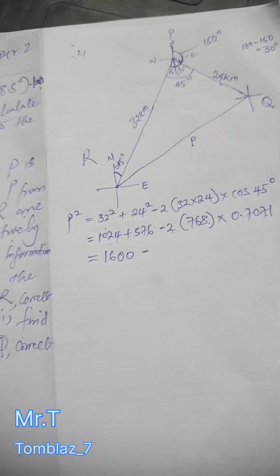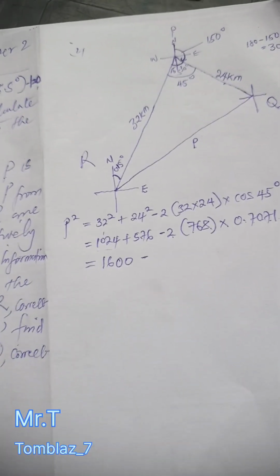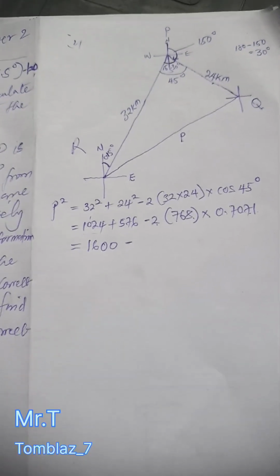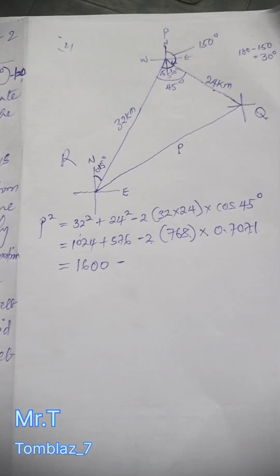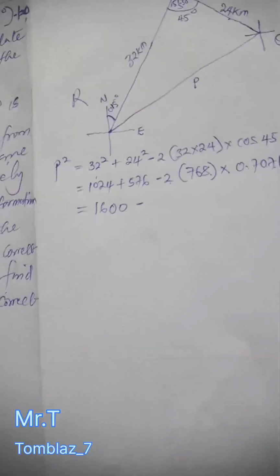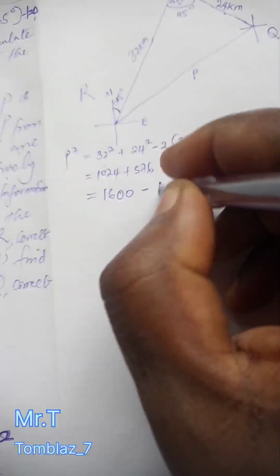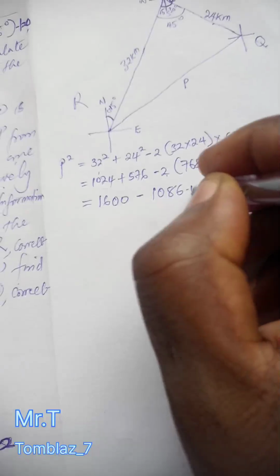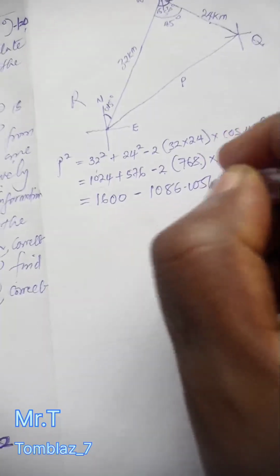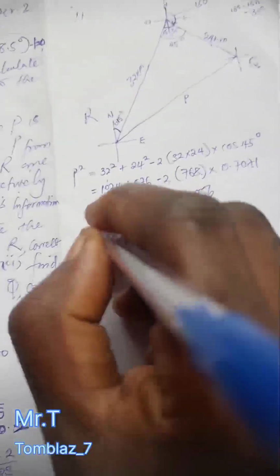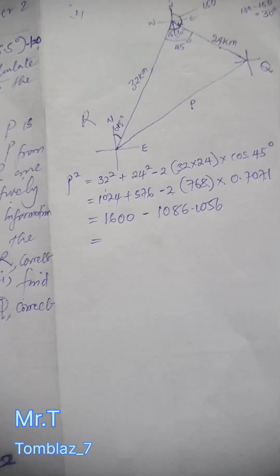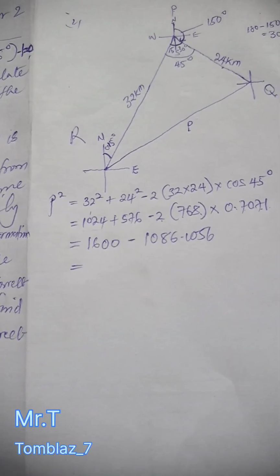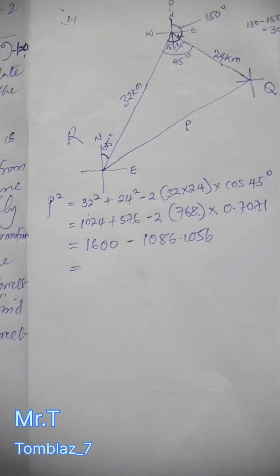2 times 768 times 0.7071 to give us 1086.1056. Okay, so let's subtract that from 1600 to give us